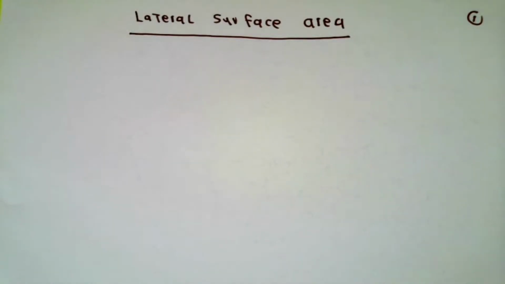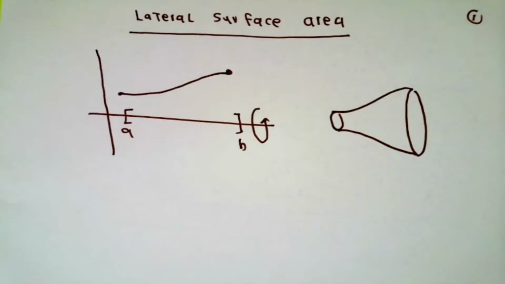To finish this section, I'd like to talk about lateral surface area. Lateral means around the sides, and in the most simple situation that we can think of, we'll have the usual kind of setup. I'll have some graph of some function, say y equals f of x. I'm going to revolve that around the x-axis, starting at x equals a, ending at x equals b, and generate